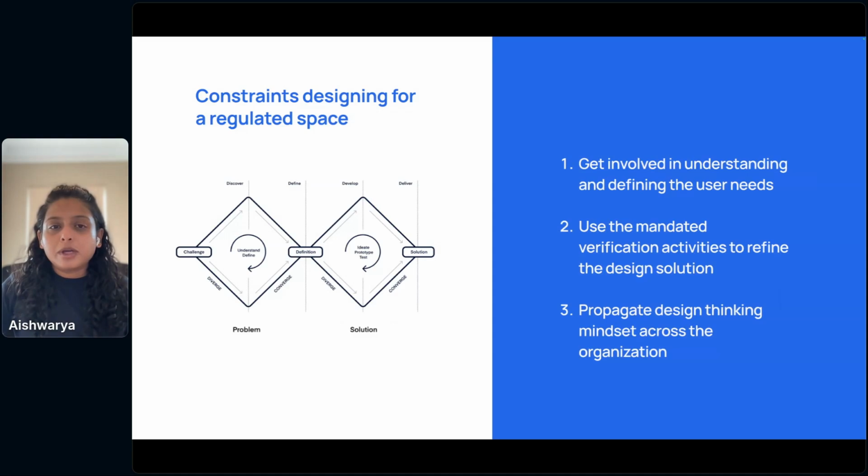So yeah, I wanted to go next into the three things that I think we can do with this regulated space. I was talking about the user needs already, but the second one is using this mandated verification activity to refine the design solution. As part of the process, verification activities or usability studies are already part of the process. So that's already a big win for